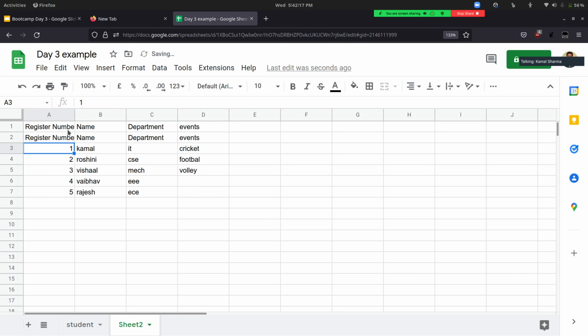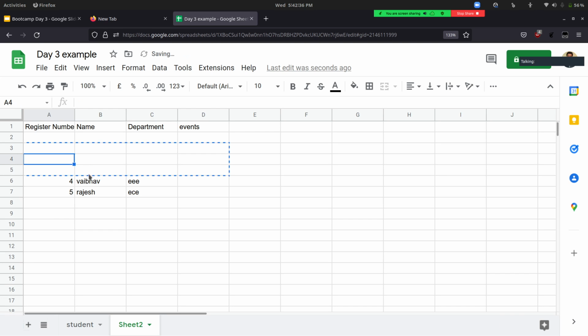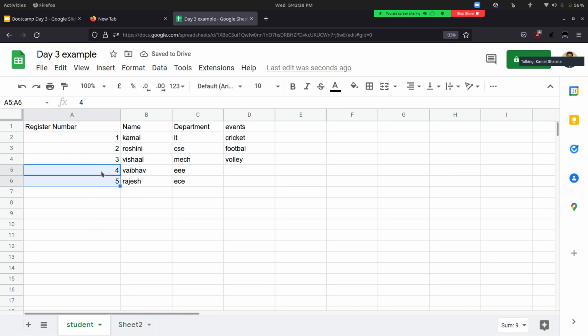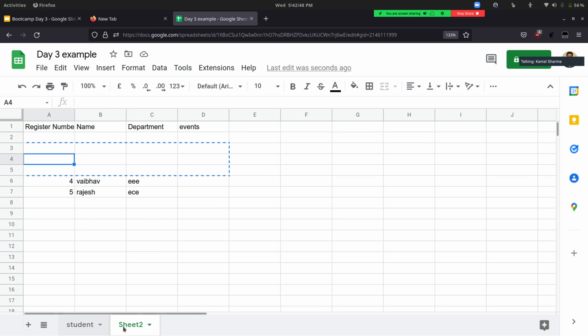Even when he does this, what happens is, to access a particular student's record, I'll just rearrange. Okay. I'll just remove the first three, and I'll just remove this. Okay, when it's like this, if you have to fetch details of Rajesh, we have to switch between the sheets and then do it. It's not a proper way.